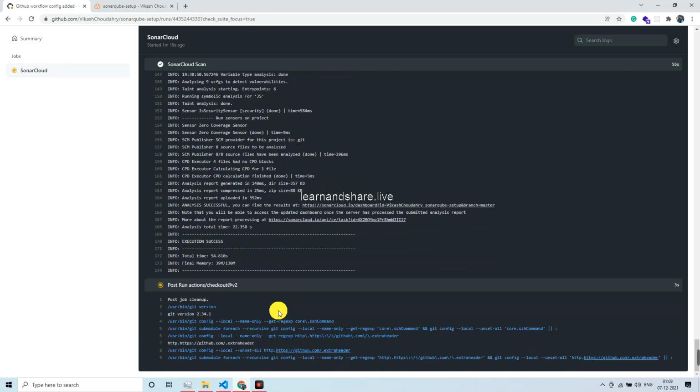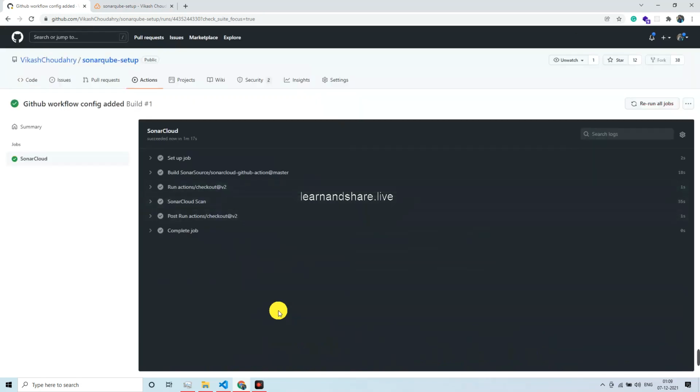Let's say someone wants to stick with Sonar Cube only. They don't want to go with the paid version of Sonar Cloud. They want to use the community version because they don't have a big team or something like that, right? And as I mentioned, Sonar Cloud has a free version as well, but it allows you to do the scan only for public repos, as per my understanding.